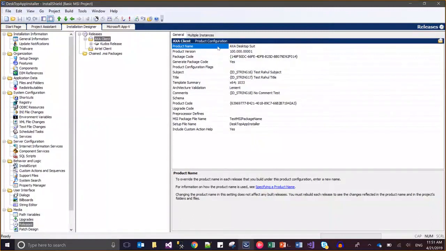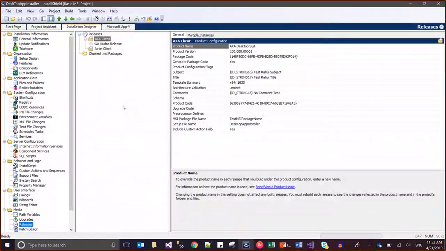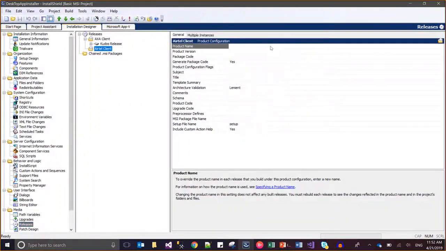Remember, this product name is the same as the one we saw in General Information, right? But in the Release section, most of the fields shown in General Information are overridden for each client or release. So for Exa I have configured the product name like Exa product suite. For Airtel I have configured it like